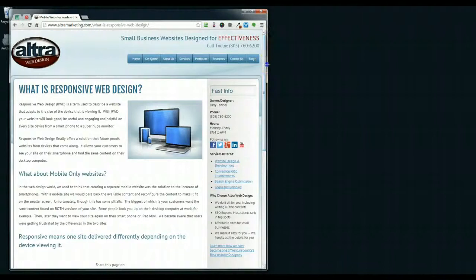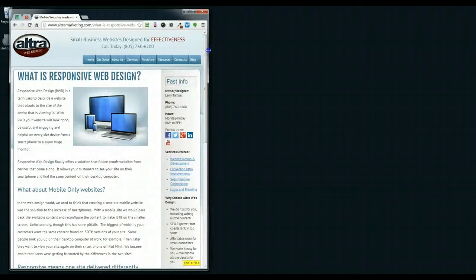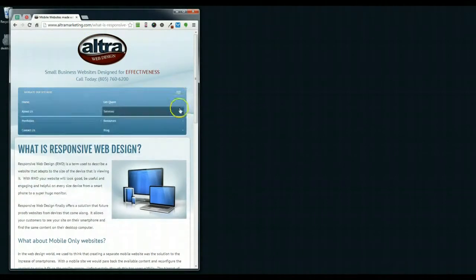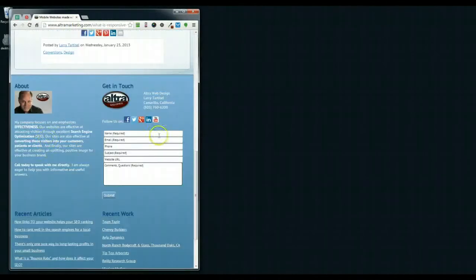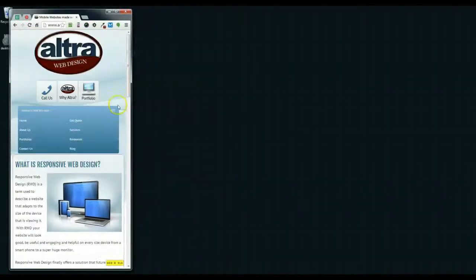Okay, so as we get skinnier, watch what happens. Pretty soon that sidebar is too skinny to really be okay, and so we make it hide. And the menu got too far into this to be okay, so it turned into a mobile-friendly, touch-friendly menu system. And also the slogan and phone number got tucked underneath the logo. Now it's more of a single column. Still down here we have, instead of 4 columns, because those would be really skinny columns, we turned it into 2. And then if we go even smaller down to different devices like smartphones,